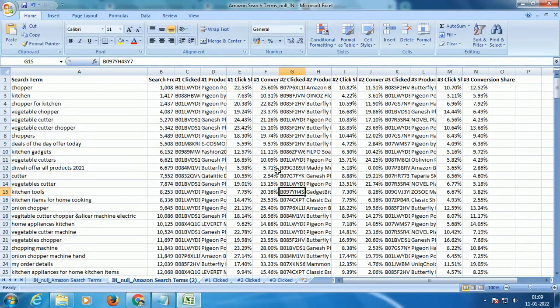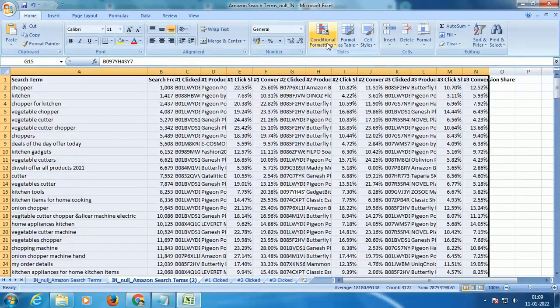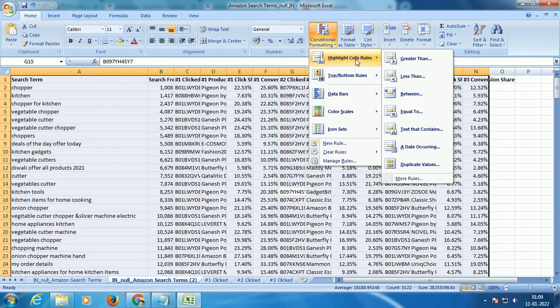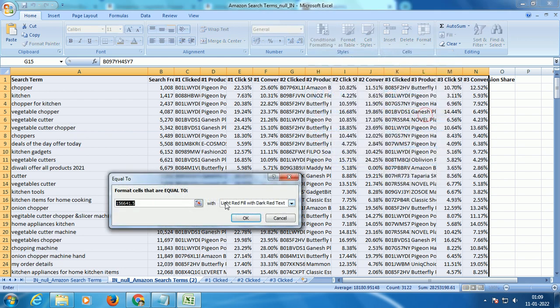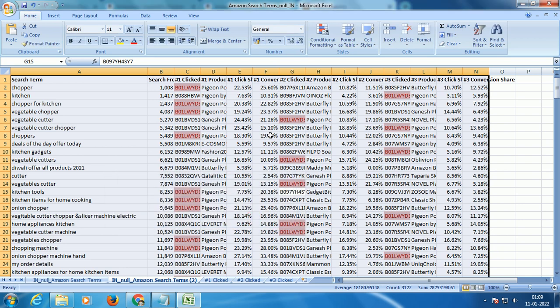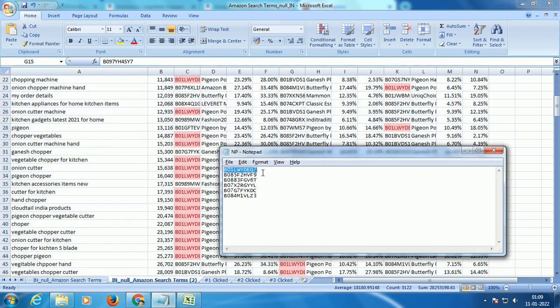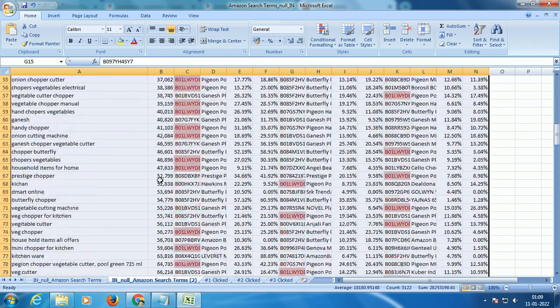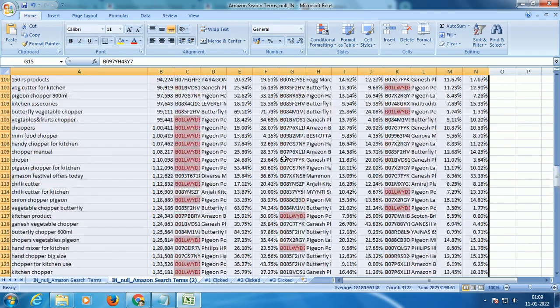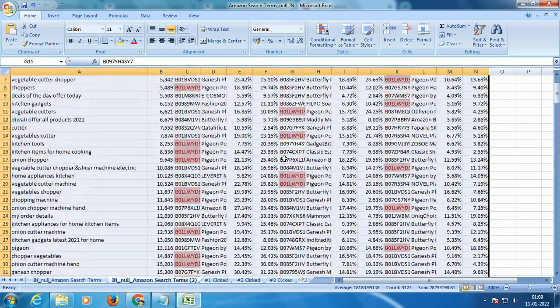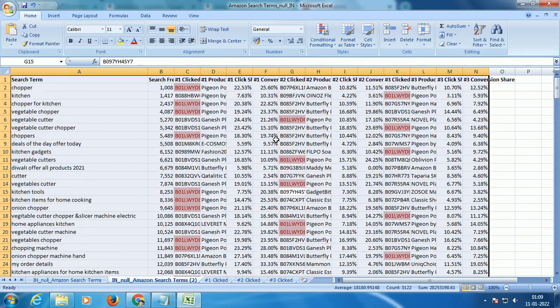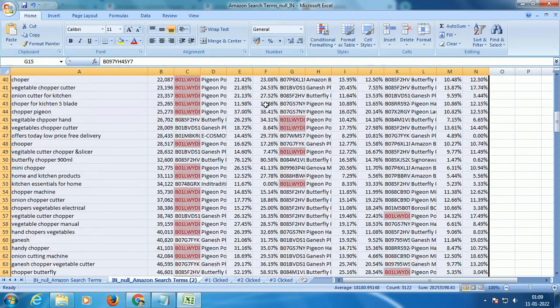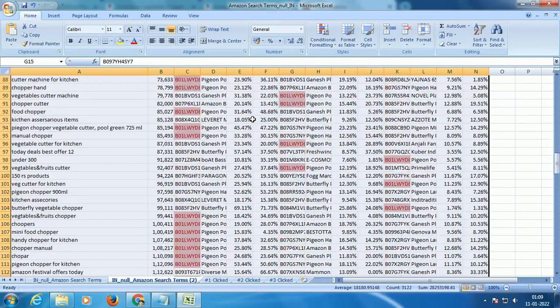In order to do that, I'll just do a quick conditional formatting. I'll just say whichever keyword has this particular ASIN, I want to color it red. So you see, when we looked at our first competitor, or first ASIN, we see he's ranked for few of the keywords, right? Now we see he has got a significant position. Among these 222 keywords, he is not ranked for all the keywords. You see there are certain blanks. He is not ranked for all keywords, but we see that he has got decent placement, and he's ranked for most of them, right?